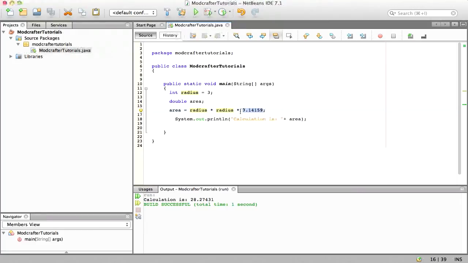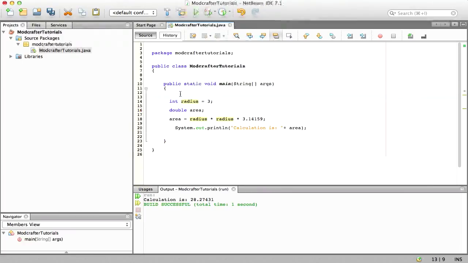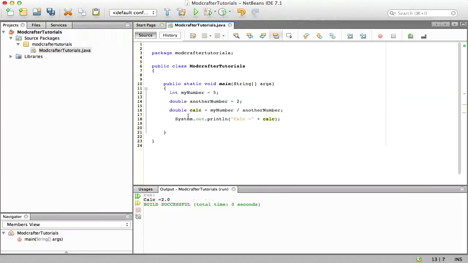Now, if you were doing this calculation in different places in your program, you wouldn't want to keep typing out 3.14159 every time you wanted to calculate the value or add in the value of